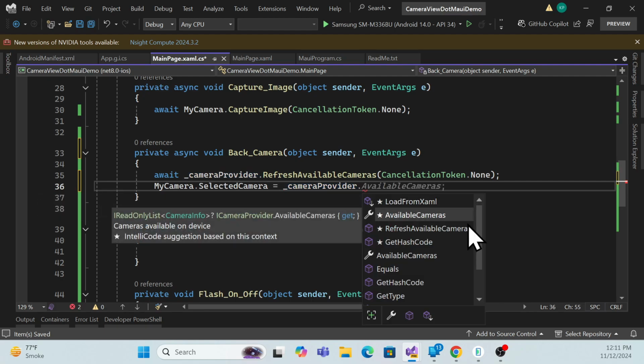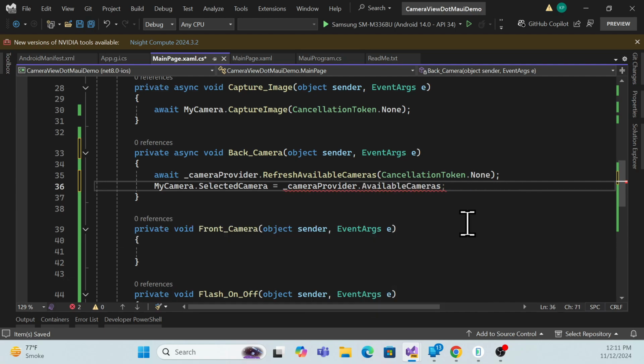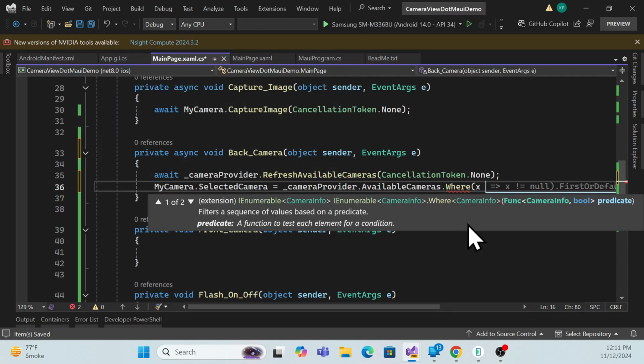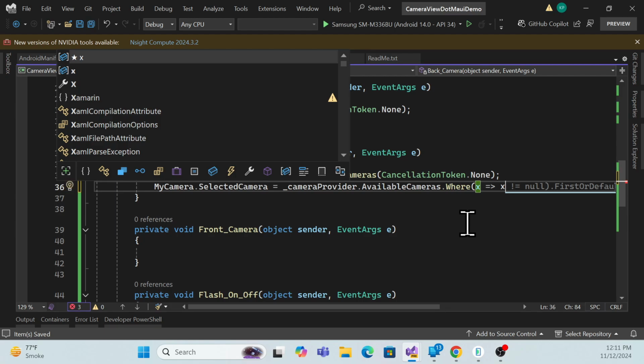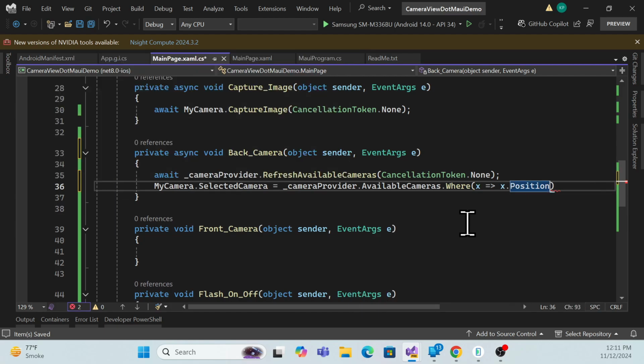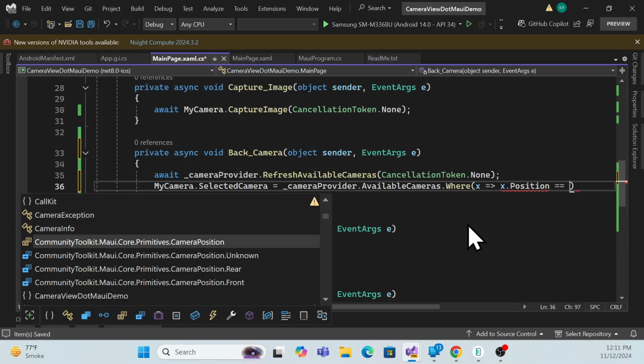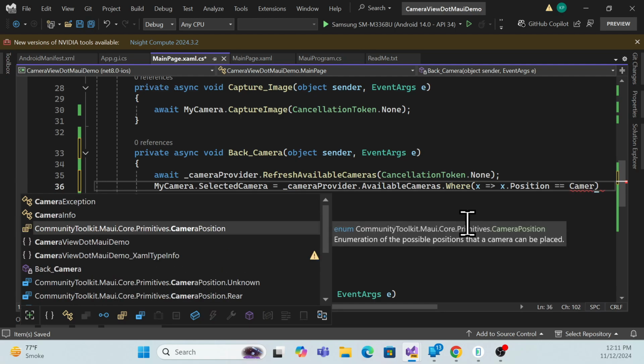Okay, so see, there's a functionality AvailableCameras, right? So use that AvailableCameras dot Where, okay, there's a functionality, they give some lambda function, and I can use it like that, x lambda function, x dot Position, right? In this position I will set which camera I want to set over here, right? So CameraPosition dot Rear, right? So I will use that camera position,